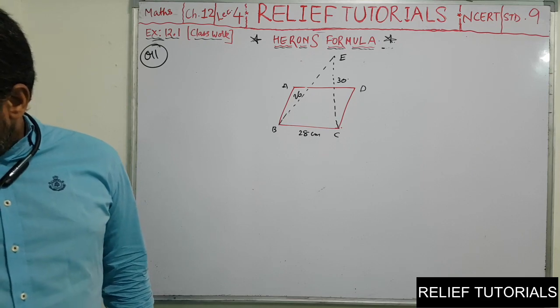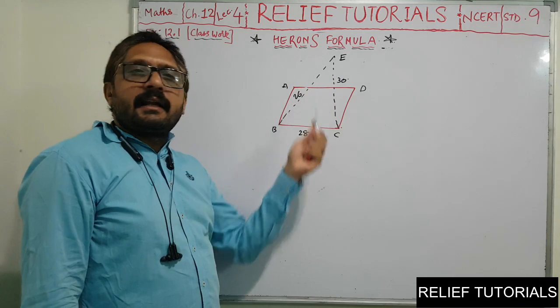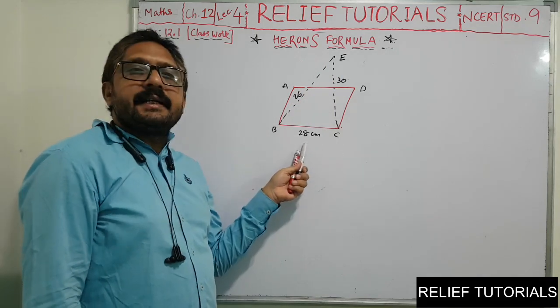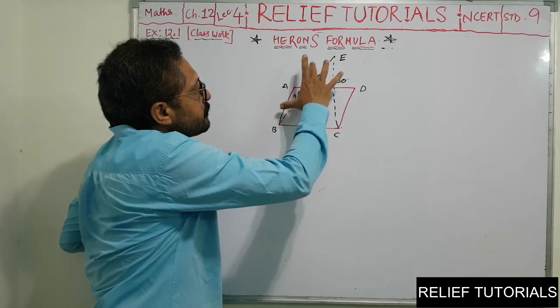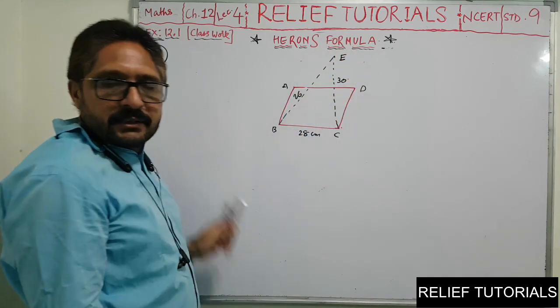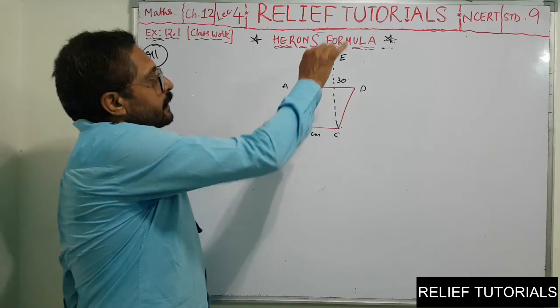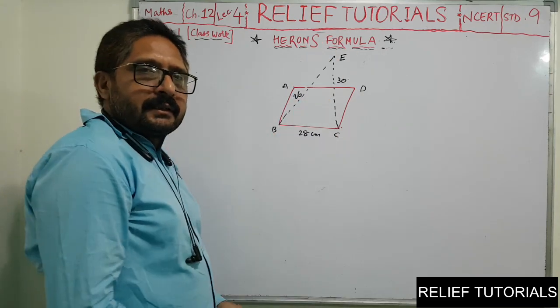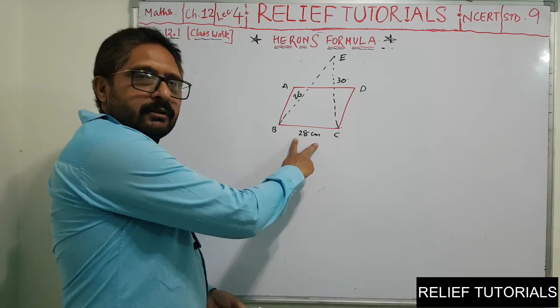And the parallelogram stands on the base 28 centimeters. So it is given here that parallelogram and triangle have the same base and that base is 28 centimeters. So you have to take BC as 28 centimeter. This is 26 and another is 30 centimeter. Then find the height of the parallelogram. We want to find the height of the parallelogram. One thing is given, their areas are the same. Base of triangle and parallelogram is 28.